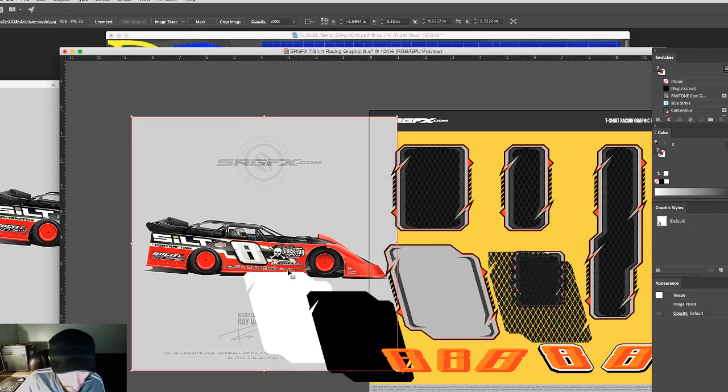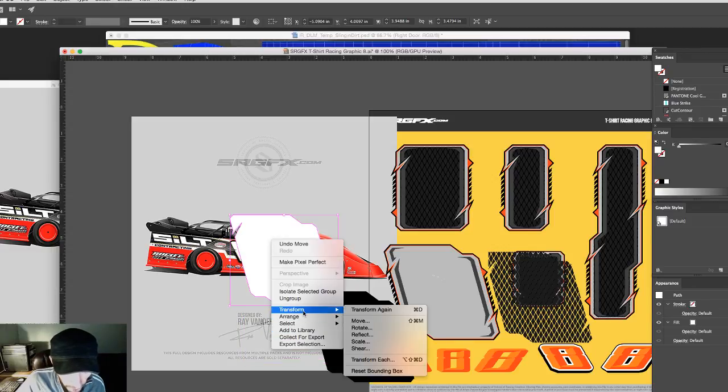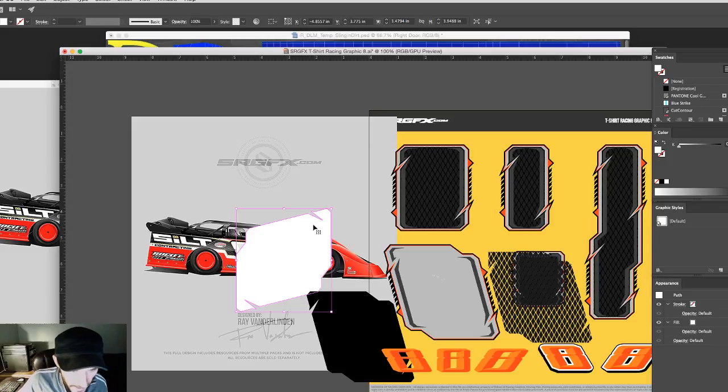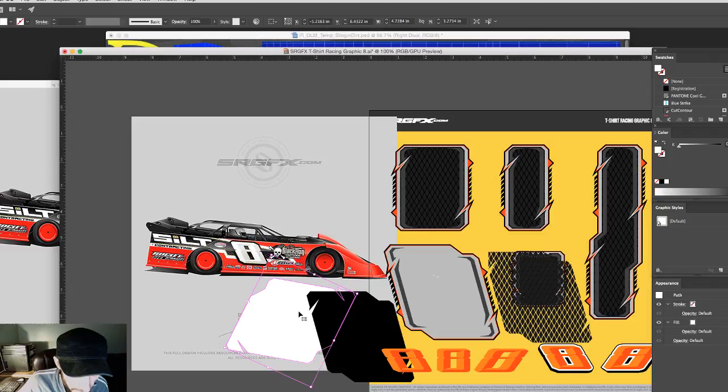Now if you're not an Illustrator user and you use Corel or FlexiSign or LXI or something like that, you might find this a lot different from what you're used to using. Really, I find that